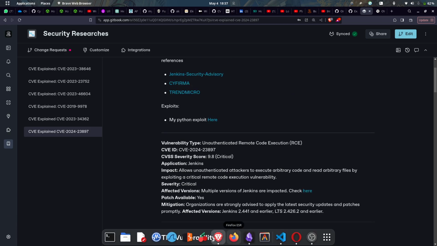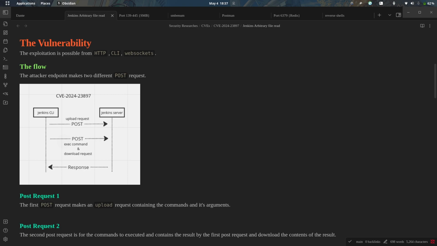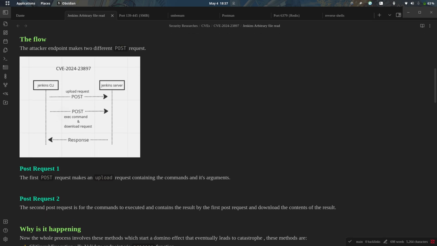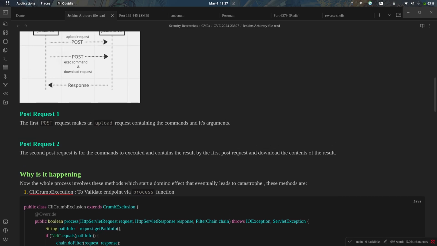We will delve into the code itself and look at how the flow goes. So the attacker makes two POST requests, one being the upload request and the second one being the request where the upload data will be executed and the result will be downloaded, so that one can see what command he has executed, and we'll get the response from the server. Okay, so why are these two POST requests being done, why only two, and what is the upload data, we'll get into it all. But first let's see how Jenkins